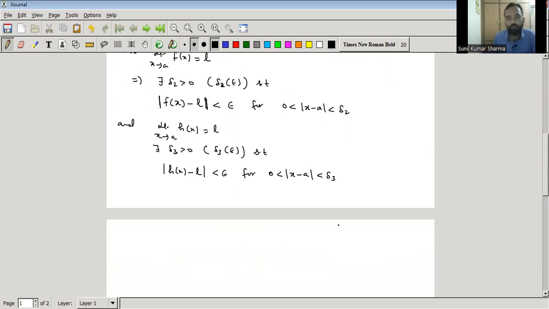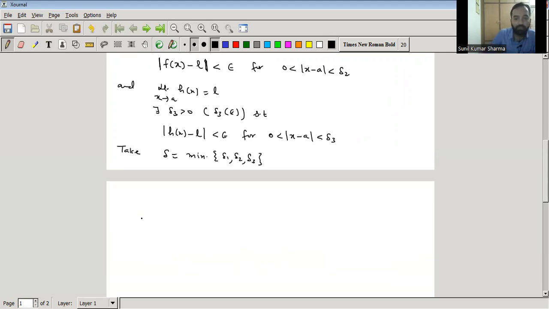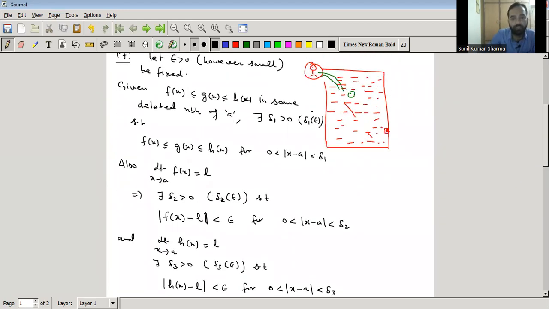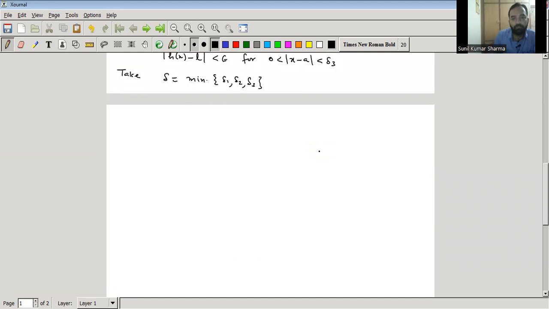Now we have delta 1, delta 2, delta 3. So we take delta equal to the minimum of delta 1, delta 2, delta 3. Then f of x is less than or equal to g of x is less than or equal to h of x for the deleted neighborhood of radius delta, so of distance delta. So if we choose delta, therefore f of x is less than or equal to g of x is less than or equal to h of x for 0 less than mod x minus a less than delta